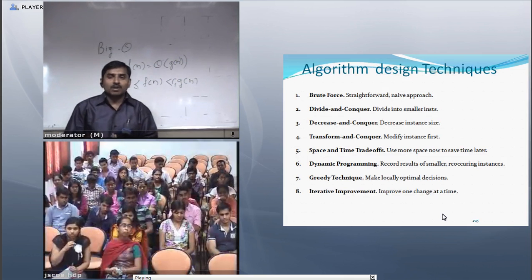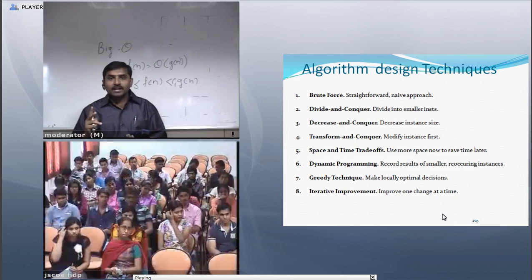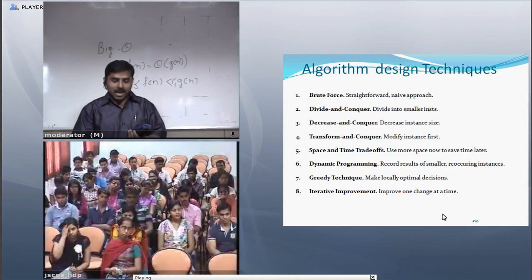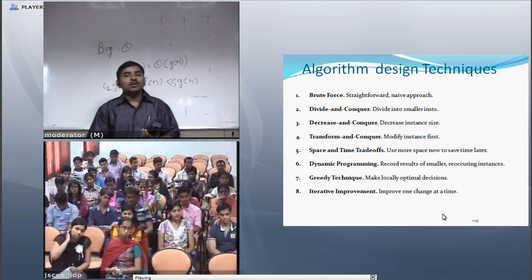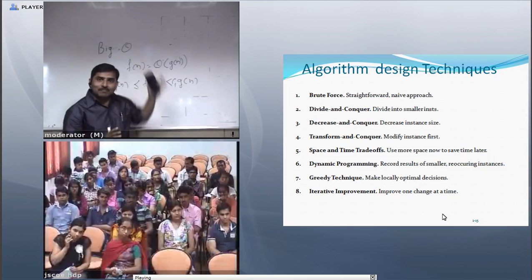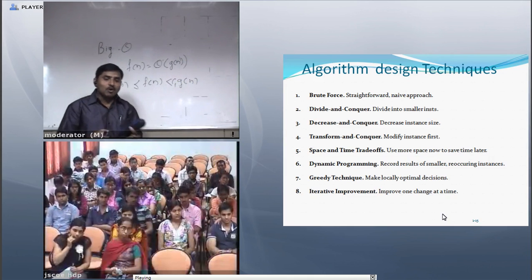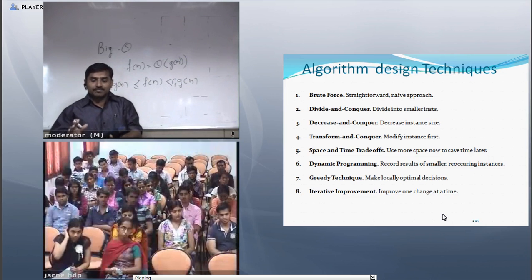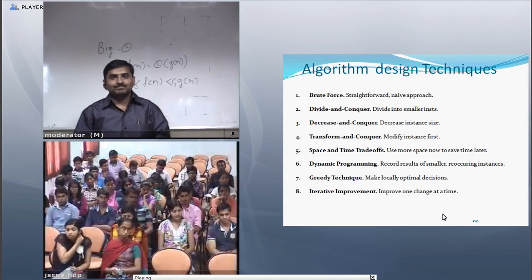Now this is the analysis of algorithm. We are seeing two issues of algorithms: one is the analysis of algorithm and the other is the design of algorithm. For analysis of algorithm, we will see the concepts of order of growth, time complexity, and space complexity. Clear? Time complexity depends on the input size. If the input size is increased, the change of behavior occurs.